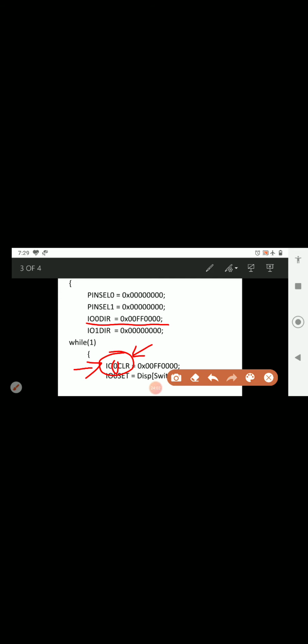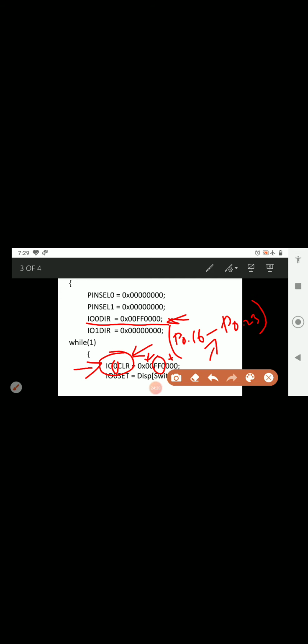So from port 0, which pins are we going to clear? Again we can see that we are clearing P0.16 to P0.23, the same pins. First we have selected them as output pins. After that we are clearing them. If there is any other data available in these positions, we are going to clear it with this instruction.